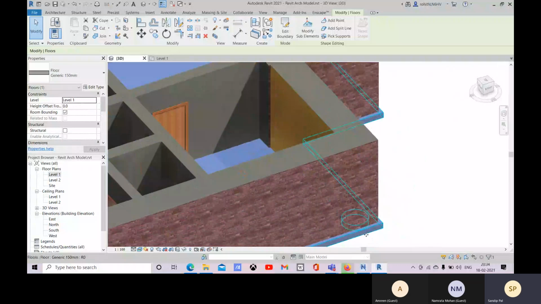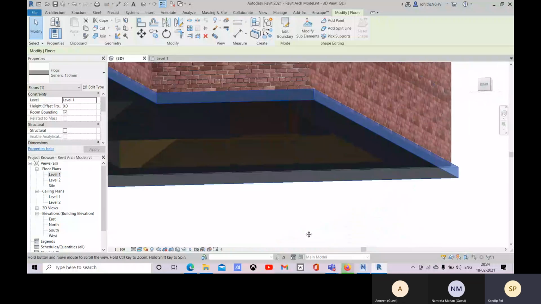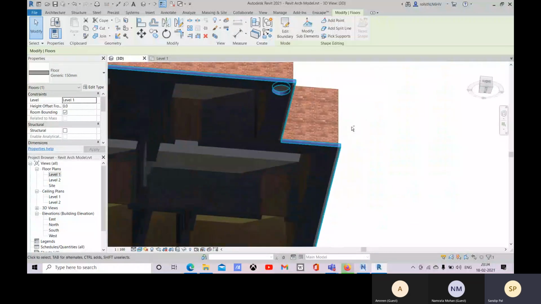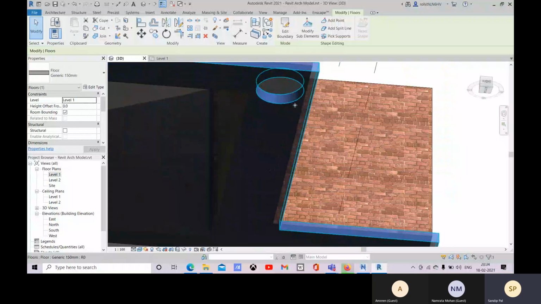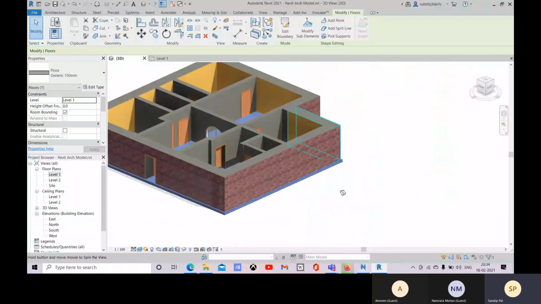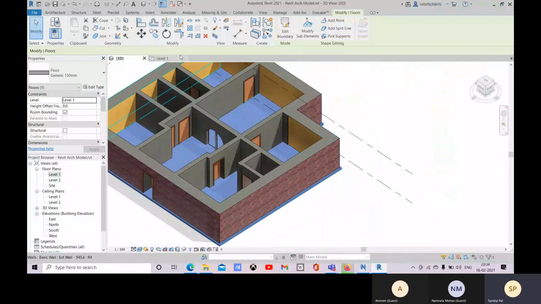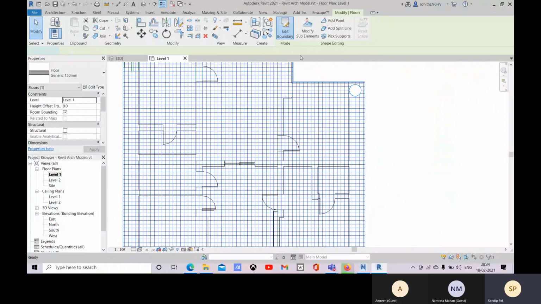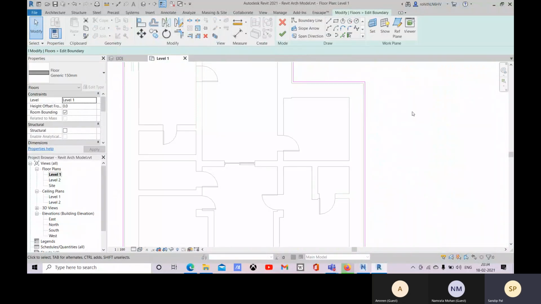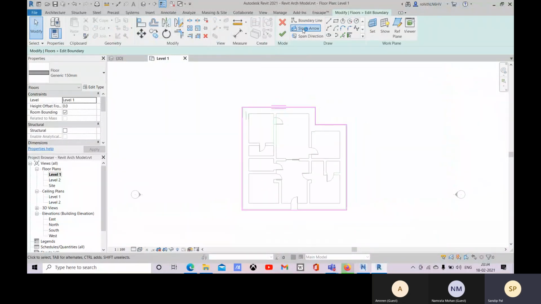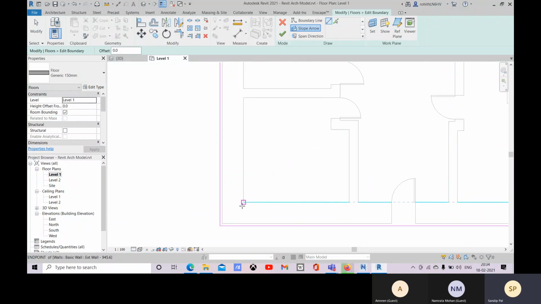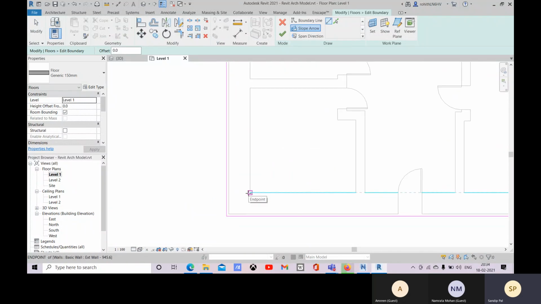There is one tiny hole, so you can see this kind of thing you can do with this. So just select it, go for edit boundary, we don't need this, let me delete it, and go with this slope arrow. Okay, you first specify the point,